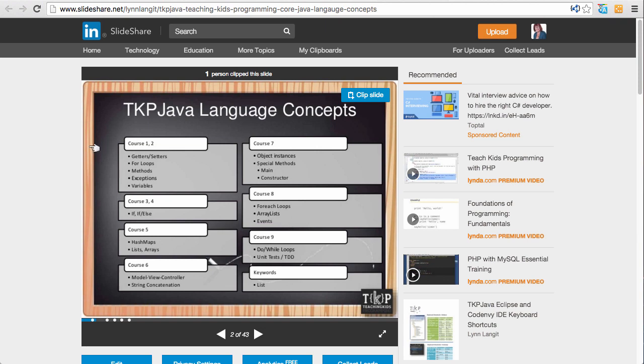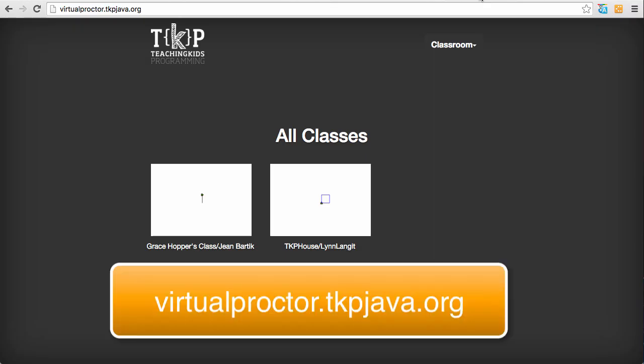So in addition to these resources, we have a utility called Virtual Proctor. And what this is, technically, it is a website hosted on Google Cloud, actually. And what it does is it allows you to showcase the students' work. And it's really fun because when the kids are coding in the section called Variations, where they're varying the code and kind of free-forming, then you can almost have a